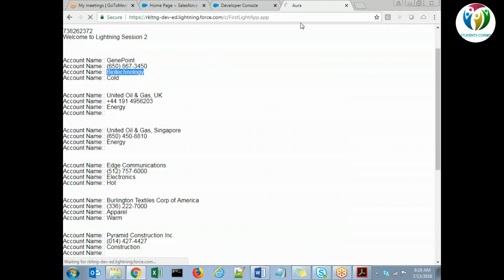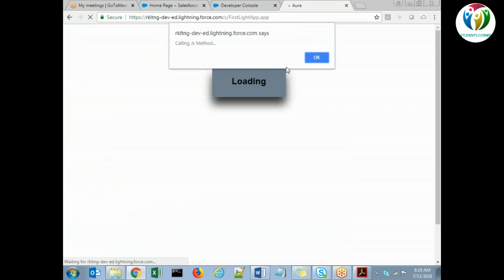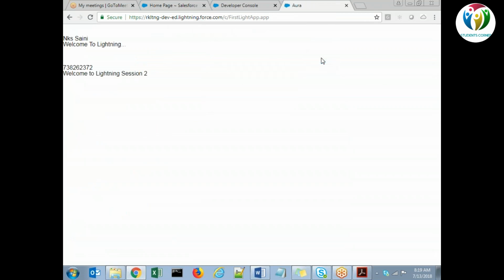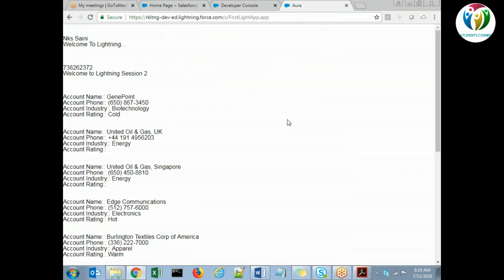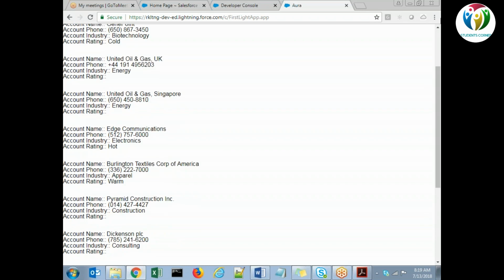Standard controller runs with user mode if it has to. It runs on the user mode basically. No, Rahul. It applies the user permissions. User permission means what are the keywords? Like sharing, field level security, those things. We are not putting with sharing here, so it will be always running in system mode.